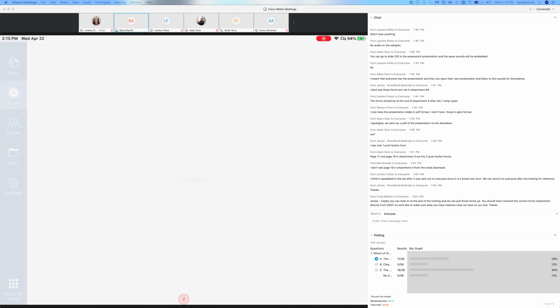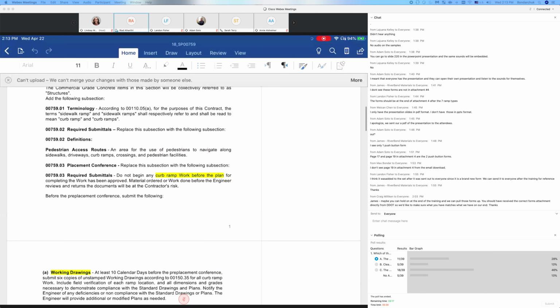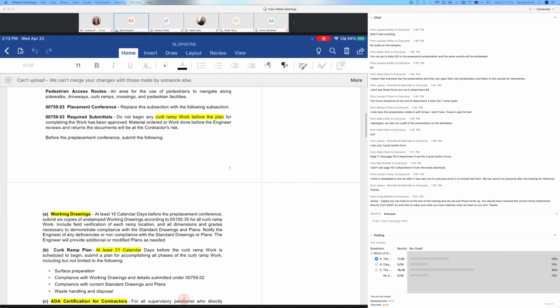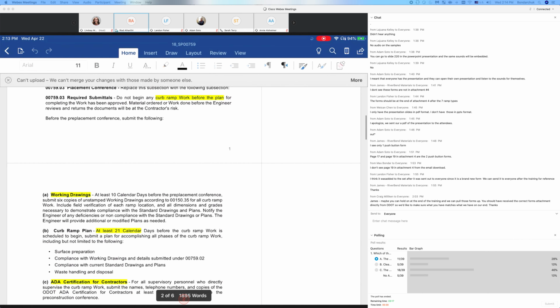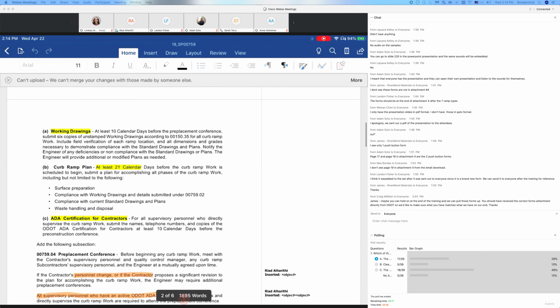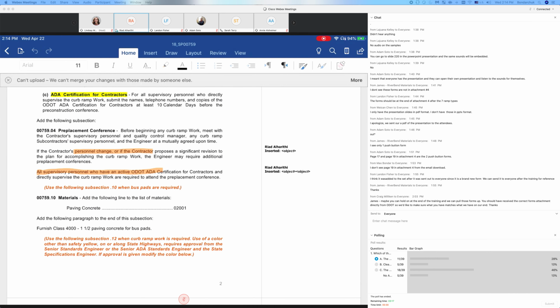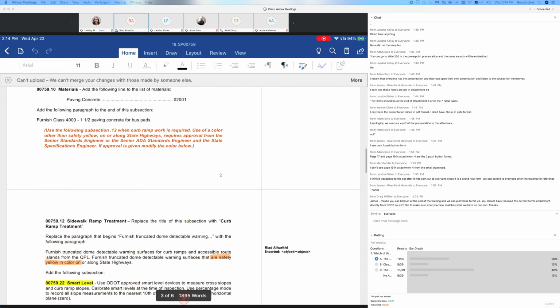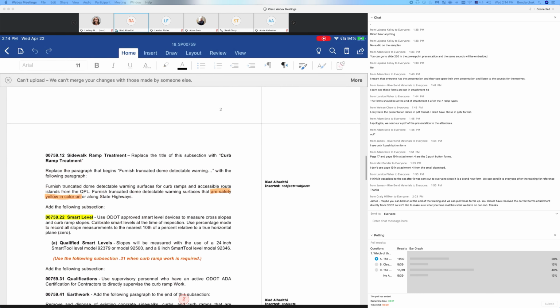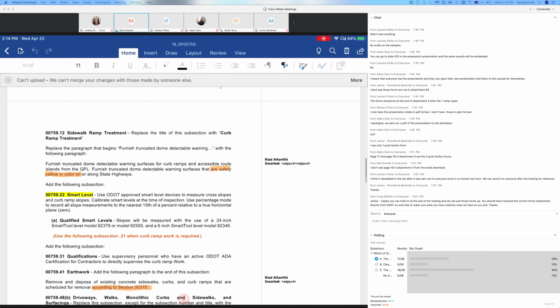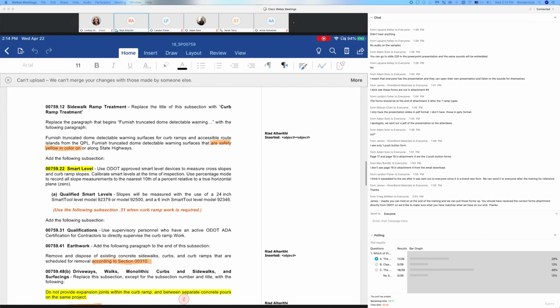So this was here, 759 miscellaneous concrete. So the designers start working on this. And here is talk about the required submittals, the 21-day, the ADA certification, the pre-placement conference, who should be attending it, and talks even about the 759.12 for the truncated dome that's needed from QPL, yellow color, and the 22